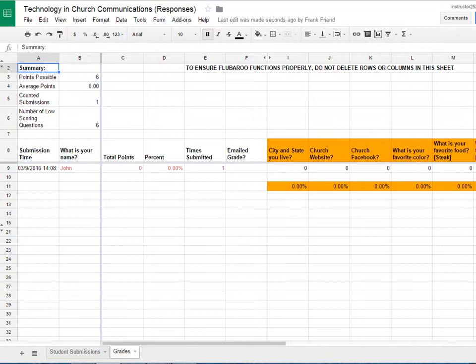After you continue, it will grade everything. This is the report that you'll get graded. You'll see the time submitted. You'll have some statistical information in the top left, and then you go over to city and state, websites, Facebook. Obviously, they wouldn't be graded. What we really were grading here would be color and the food type, because they're the two actual questions we're